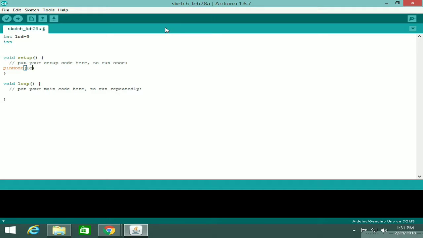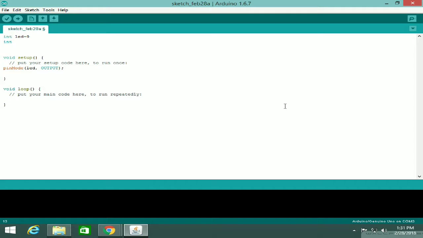So we can write it: led, comma, and space is the main thing, and then OUTPUT in capital. This is also a mandatory part because these are functions which are already defined. And in the void loop we define a function which we have to loop